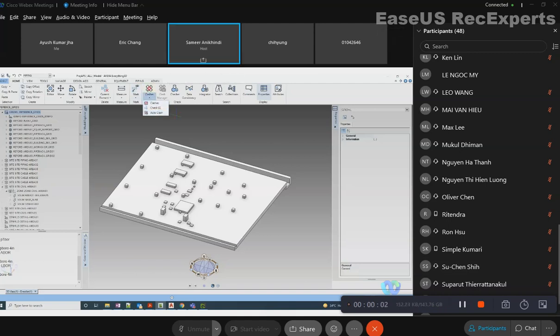Over here, this is the inbuilt clash utility inside E3D, which allows you to detect clashes, take out some reports, and visually analyze the clash. But it will not allow you to approve a clash, assign the clash ownership to some other discipline, or categorize the clash report in a better way. So it's just a general clash utility to check and review the clash, but it is not an